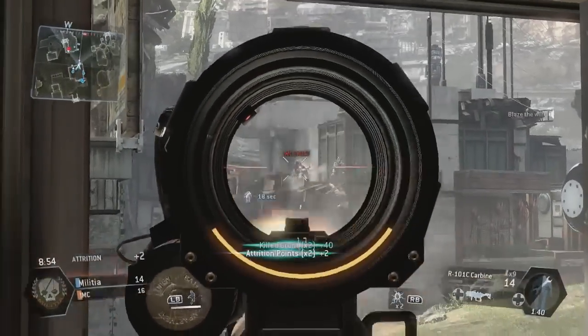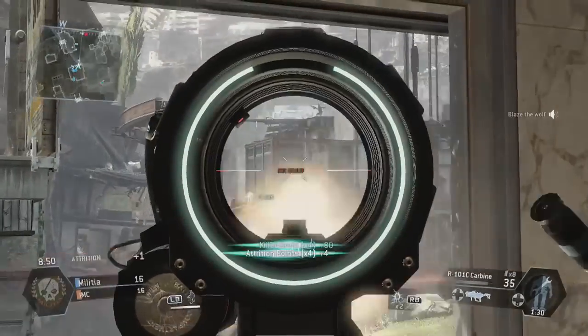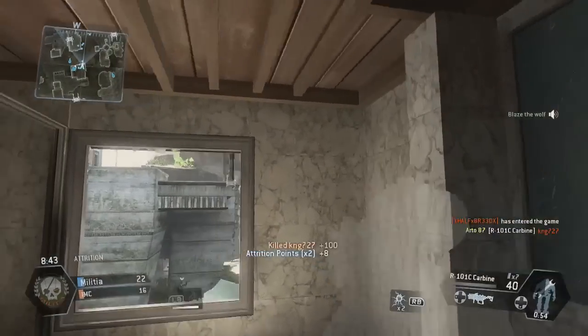And you can see I got the ACOG scope on this gun, which is pretty nice. It kills pretty good, and like I said, I took the silencer off, so this thing kills instantly. There you can see I take out that pilot, though my aim sucked in this game. I need to try to get back on track, but